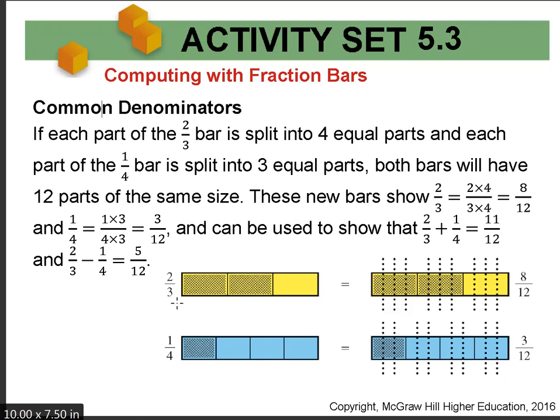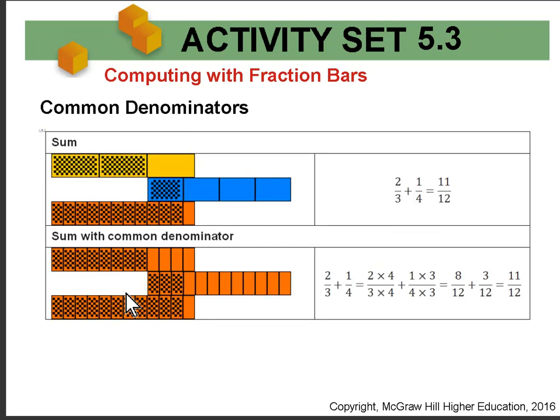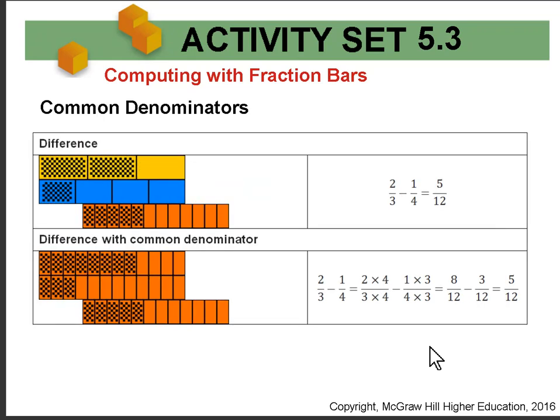You can see here that we have 1/4 is 1 times 3 over 4 times 3. We're multiplying by 3 over 3 here. And you can see our fraction equivalence in that way. So for example, if I'm adding without a common denominator, I can still line up and see my answer 11/12, but I can also complete my equation with a common denominator and see more clearly that 8/12 plus 3/12 is 11/12. Similarly with the difference bar,